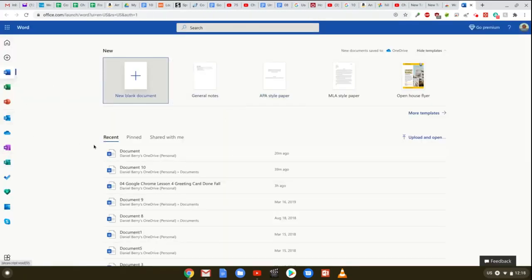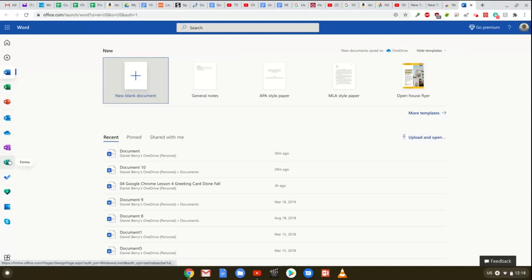Once you've done that, which only takes about 2 minutes, here you are. You found Microsoft Word. Now, I've been working with Microsoft Word for years and years, so actually recent documents will be found here. But if you wanted to create a new blank document, it's right here. And notice we also have Excel, PowerPoint, Outlook, and then the OneDrive. The OneDrive is the one place where you can actually store your files, even images and other things there online in your Microsoft account. So everything works as long as you're logged into your Microsoft account.